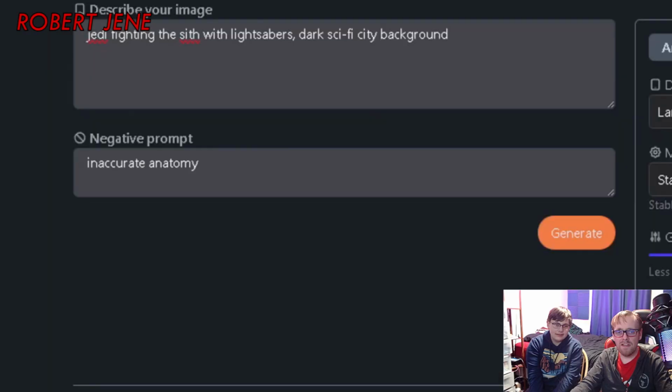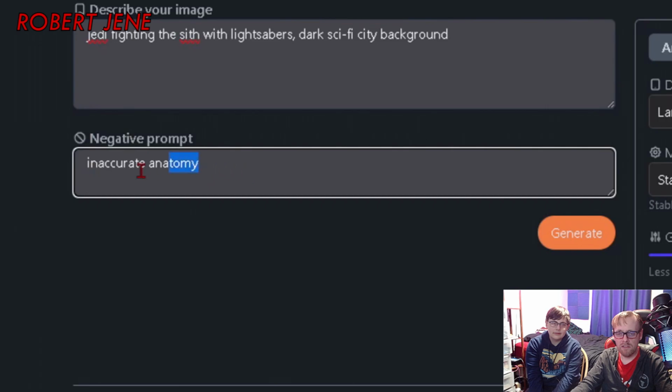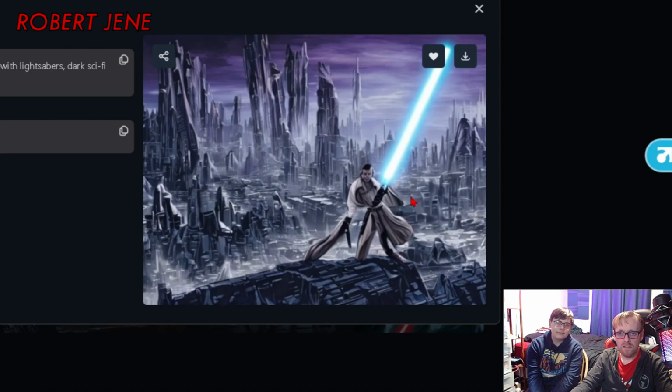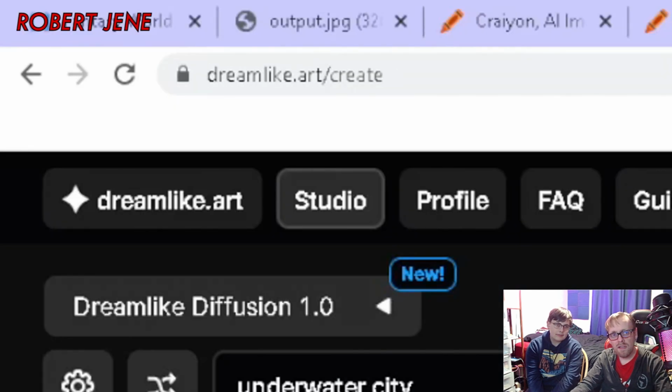But I told it in negative prompt, which means don't do this. I put inaccurate anatomy, and I actually learned that this week looking at other people's Stable Diffusion prompts. And his lightsaber goes on for days. And he's still all warped and weird looking. It's stuff, but it's way up here. But then I did Dreamlike Diffusion at